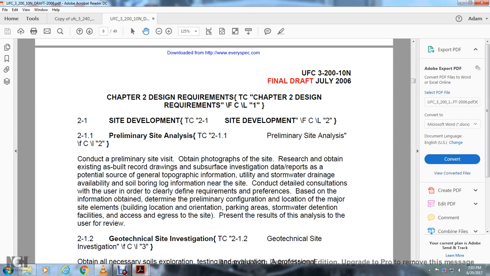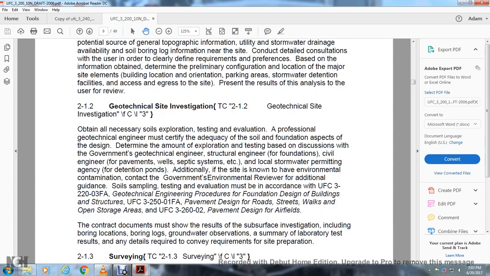Based on the information obtained, determine the preliminary configuration and location of the site elements: building location and orientation, parking areas, storm detention facilities, and access and egress to the site. Review the results of the geotechnical site investigation, and obtain all necessary soil exploration, testing, and evaluation by a professional